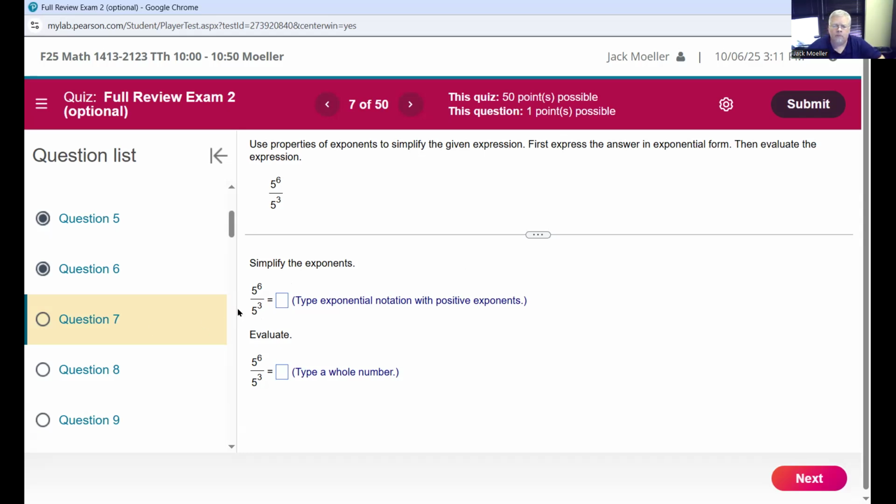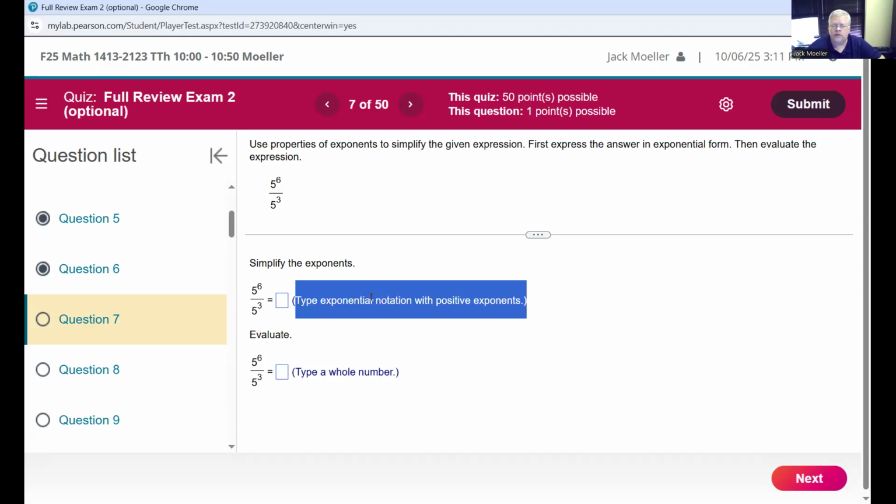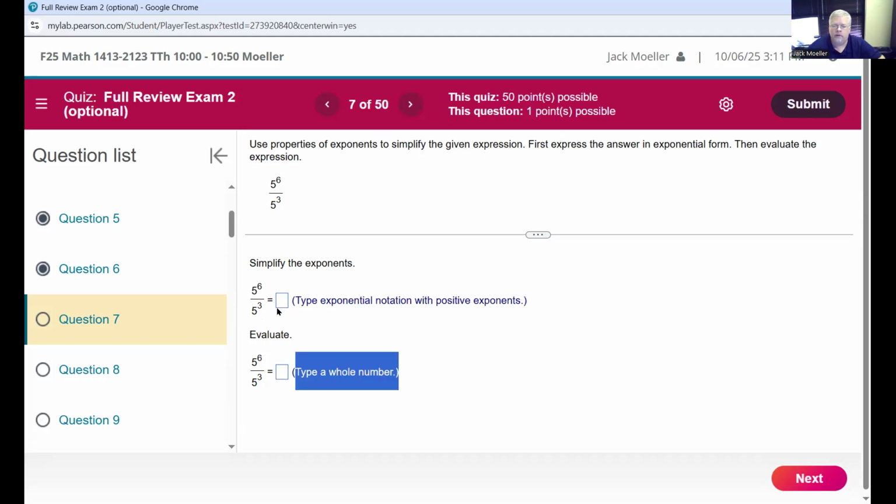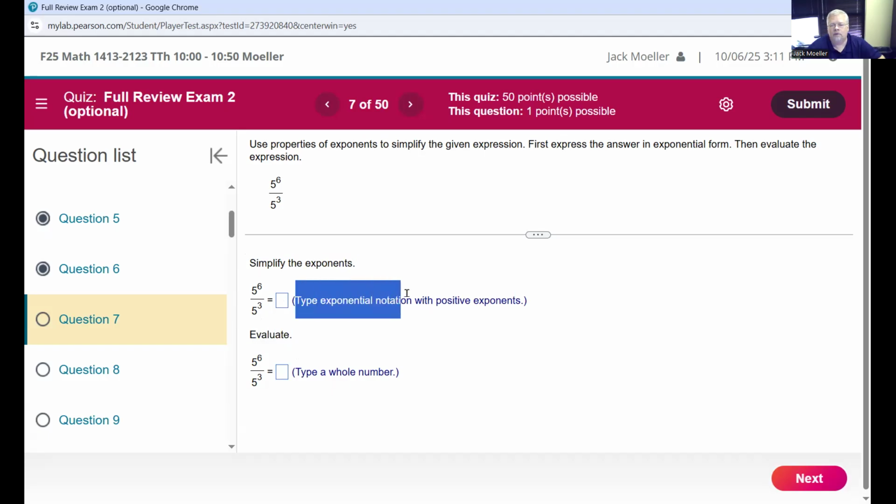So the one thing, if you have a number base, pay attention to the instructions. This top one says type of exponential notation with positive exponents. The bottom one says type a whole number. Now this one says simplify the exponents with exponential notation. This one says evaluate. So when it says type exponential notation, that means we need a base and we need